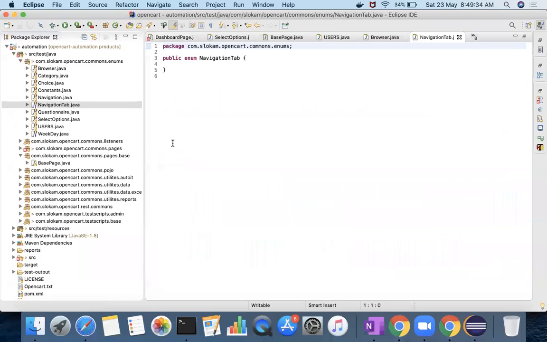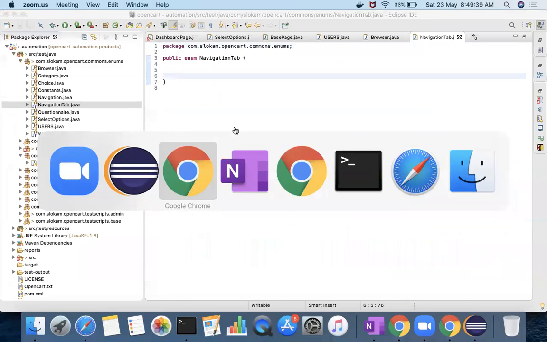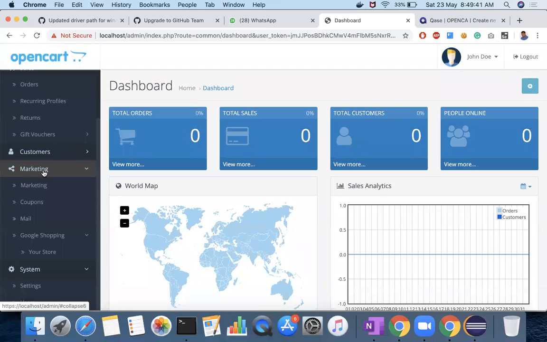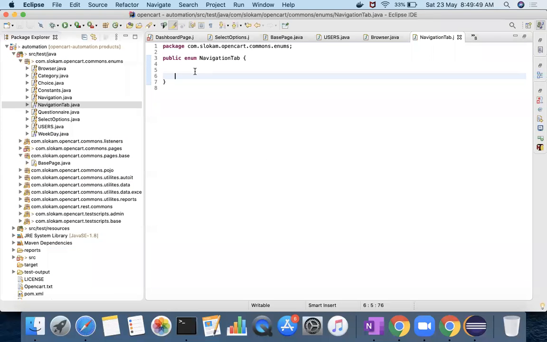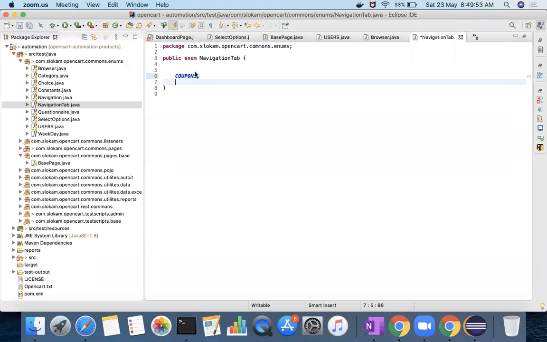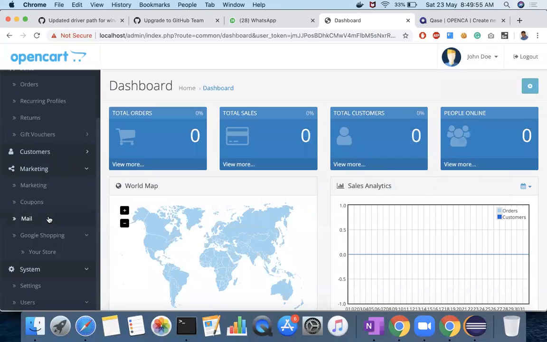This navigation tab will have, right now, I want to click on, let's say, marketing coupons for example. So I am defining a constant value, coupons. Now let's say I want to click on your store.